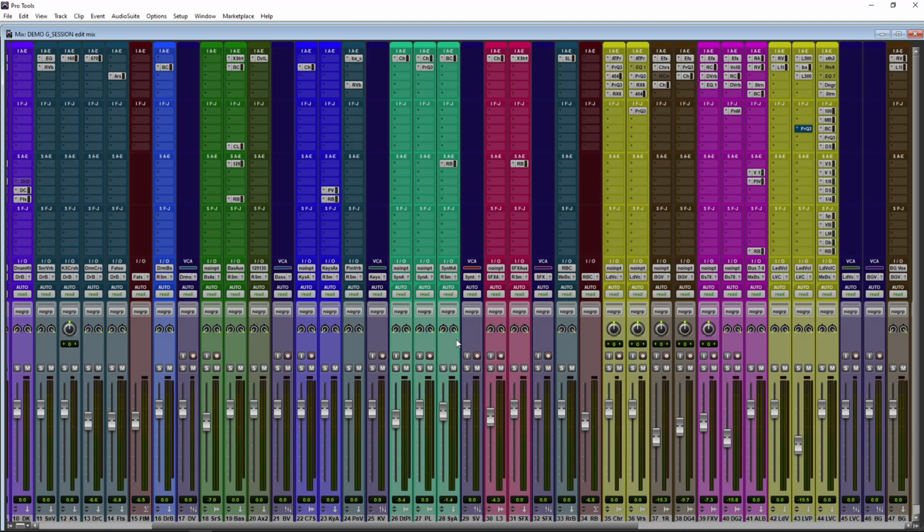Oftentimes I even get vocals that are recorded with the microphones that come with these budget interfaces, and I have to tell you, there's so much I can do to it, knowing what I can do. So that can lead to over processing. But if you find yourself over processing some stuff, please do take a step back and look at what you haven't done before, if you gain staged it properly from the beginning.